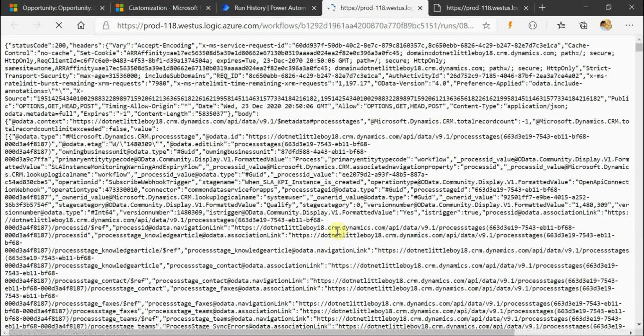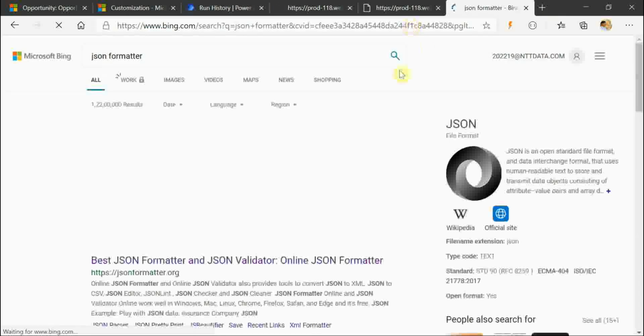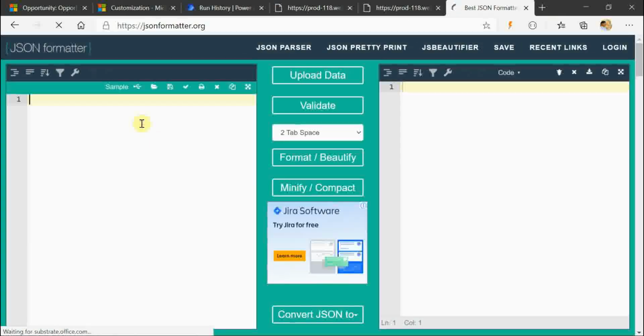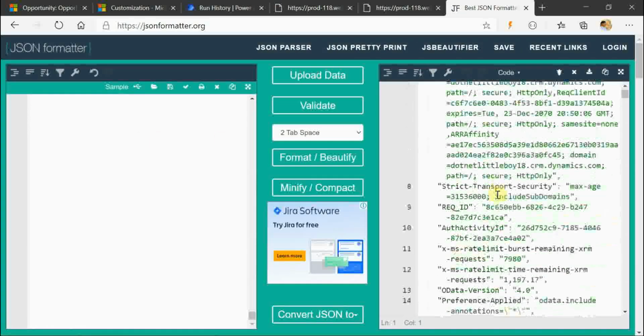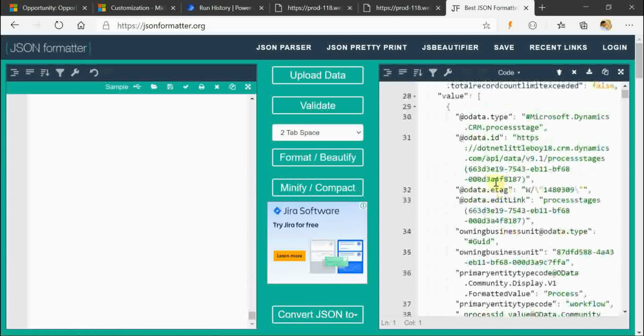Okay, so here is the result of those which are retrieved. You can see we have different opportunities, open sales process, and for that we have different stages here. So I'll copy this data, I'll format it. So here the record is formatted, and in this I will have the body here, and inside the value here, value